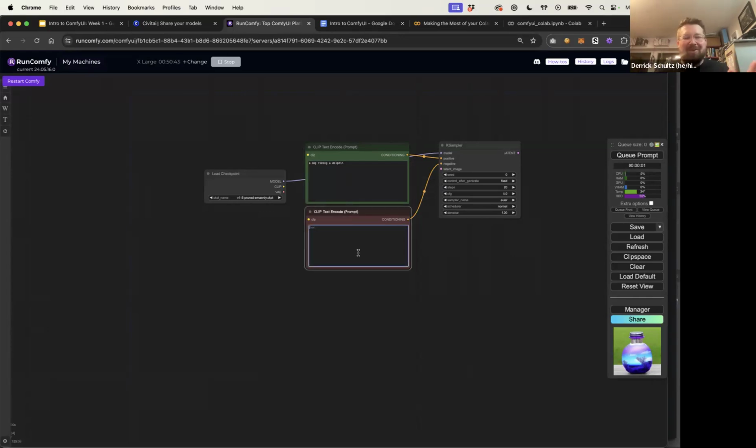But one thing I should do, I don't need to do it with this prompt because it's not really an issue. But if you prompt with people, often the first thing you want to do is add "not safe for work" or "nude" into your negative prompts. That way you don't get nude people. I mean, unless you want nude people. But since this is going to go up on YouTube, I don't want nude people because I'll get demonetized for that. So I'm going to just add that in. I don't really need it with this prompt. I know that because I've done this a bunch. But just in case, we'll leave that in there.